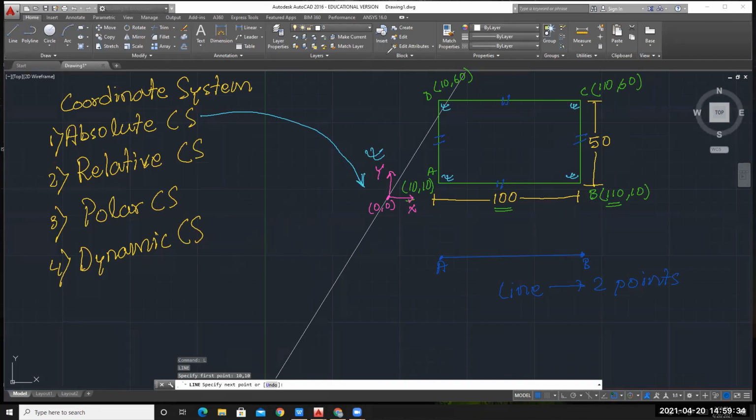Earlier, when I had not entered any command, the cursor was like this, a cross symbol, and at the center there was one square or rectangle. Once I have entered the line command, the symbol of your cursor has changed.